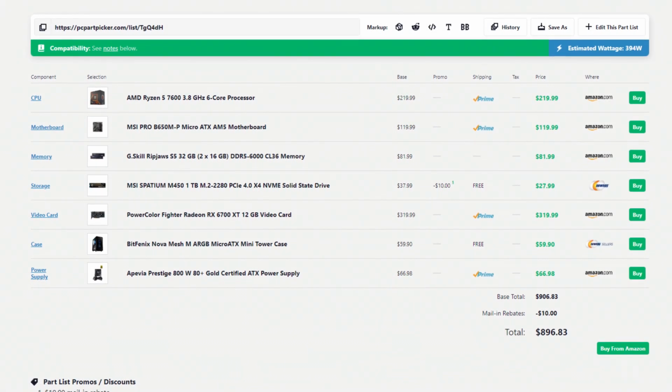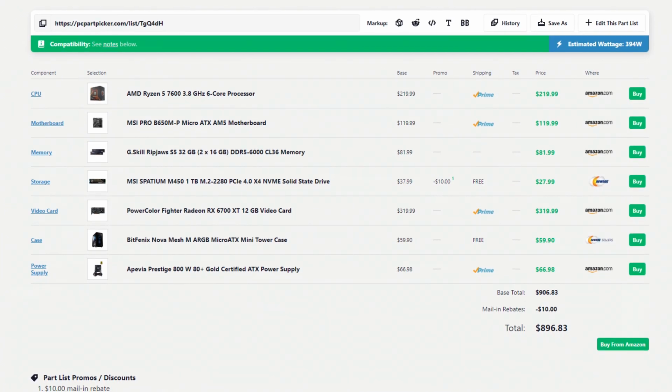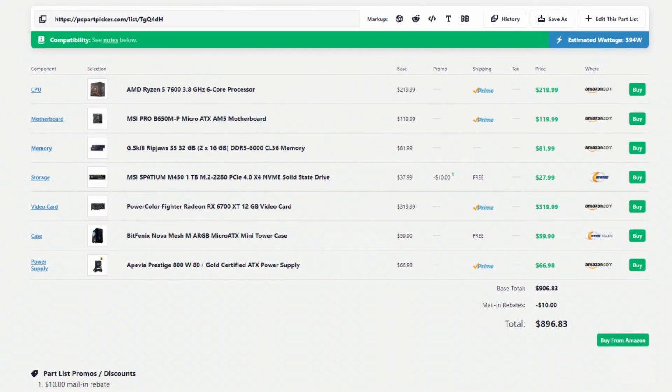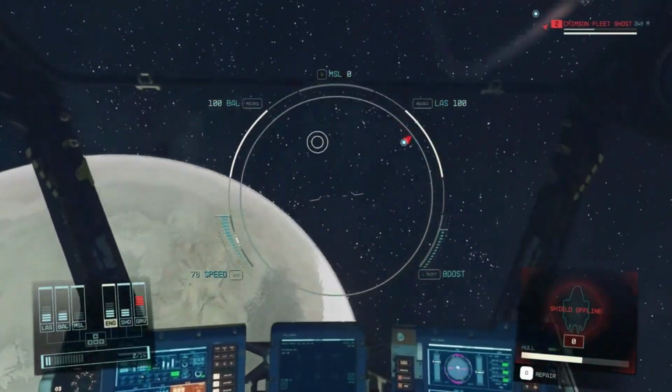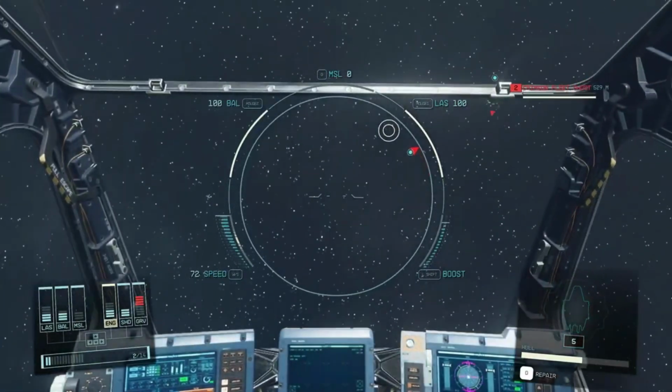Now let's talk about the price. The total price for this system by the time that I'm recording this video is $900. Maybe when you're watching this it's a bit more expensive or a bit cheaper, so for 1080p resolution it's not going to be the cheapest PC out there,